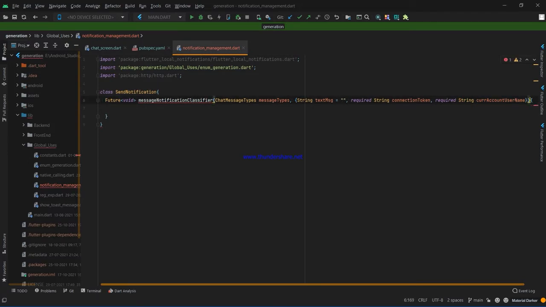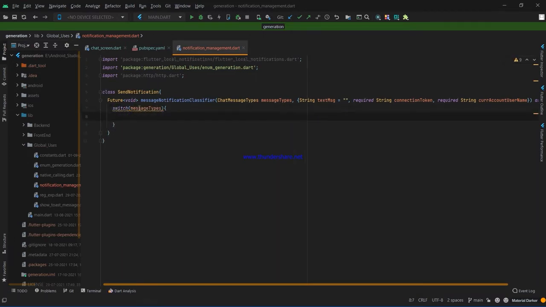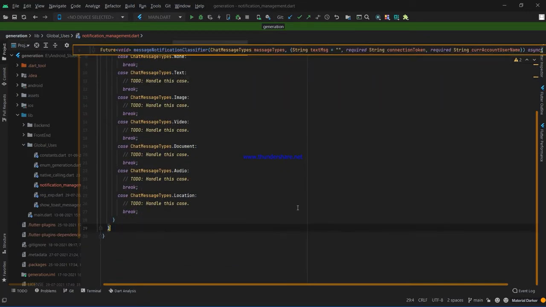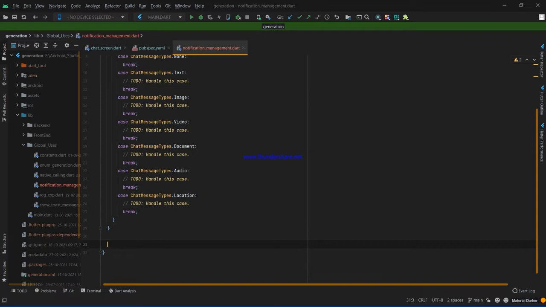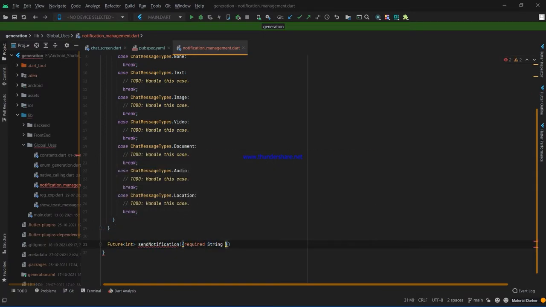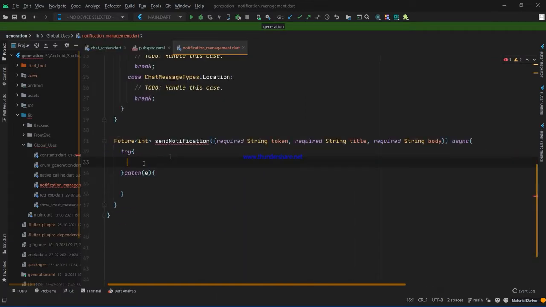We make it asynchronous because many asynchronous operations are going to be performed there. So here we have to make some changes. We first say which type of chat message this is. First we have to make another method as well.